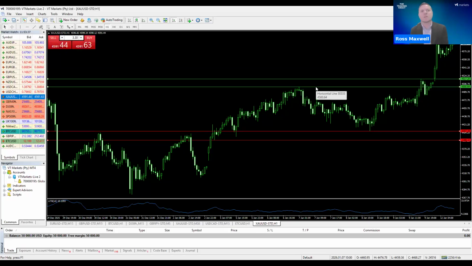Again, the overall context of the market is bullish. We've hit the daily range for the day. There is potentially that we're going to see a pullback today, but the overall market is bullish. Where do we want to buy? Where are there opportunities to buy? If we see a pullback, then we look to get long from this area around 45.00, 45.15. You can enter at 45.15, around there.